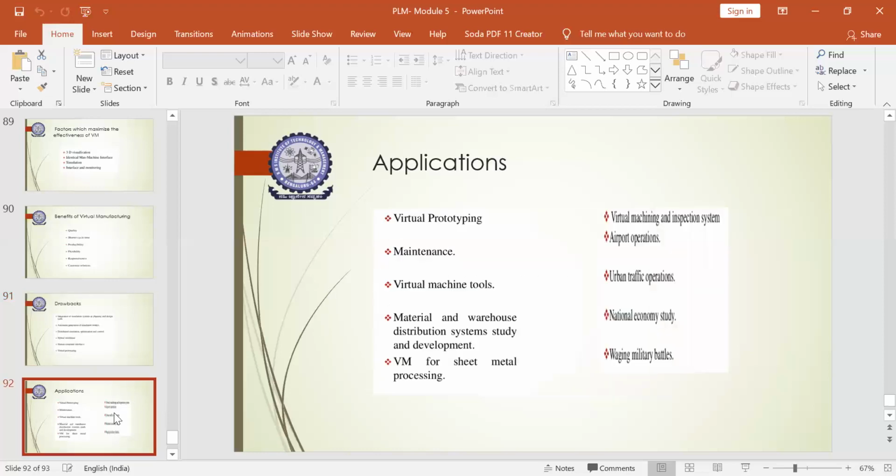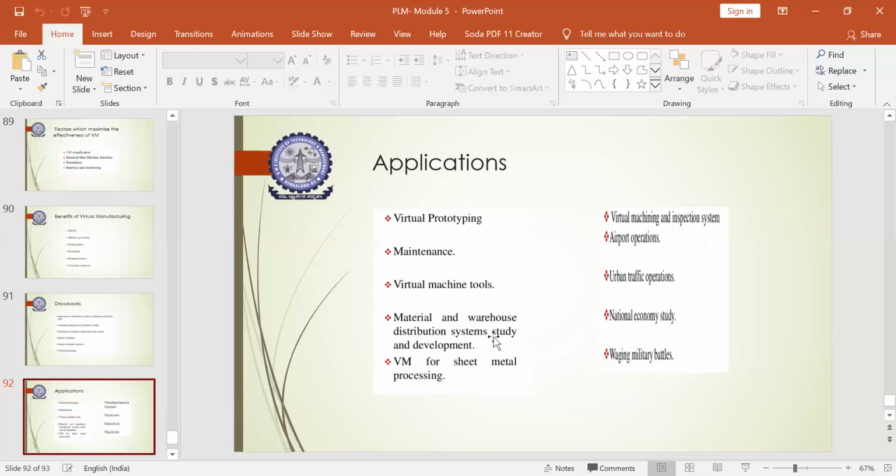So finally, there are various applications of virtual prototyping and manufacturing. These are creating a virtual prototype, as already told. You can take care of the maintenance of each part, the inventory, everything. You can access machine tools virtually and check the operations virtually. Is it performing well or not? Any modification in the operation that has to be done for any process, all those could be considered.